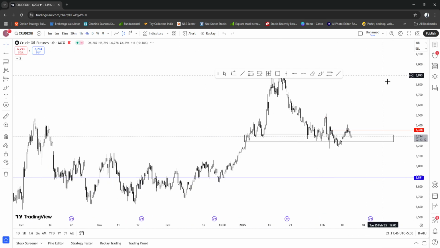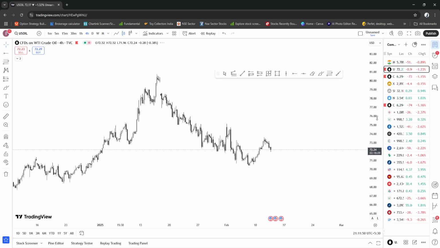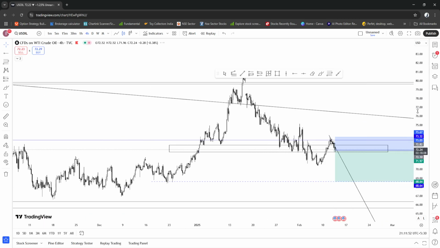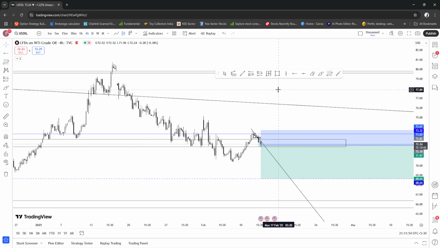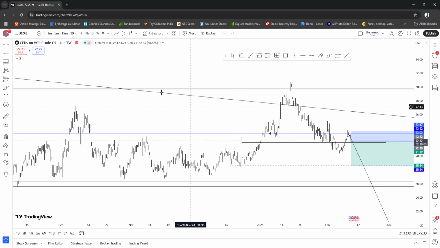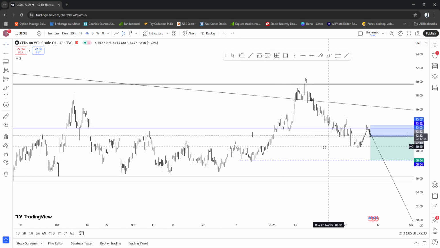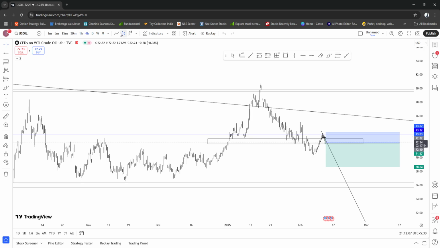So if you guys see, this is a chart of crude oil. Okay, so I'll go to US oil. Yeah, this is the US oil chart. In this, how do I draw support and resistance? I'll make it really quick. So if you're a beginner and if you're having confusion with so many supports and so many resistances, what you can do is change the chart to line, okay, on 4-hour time frame, and just